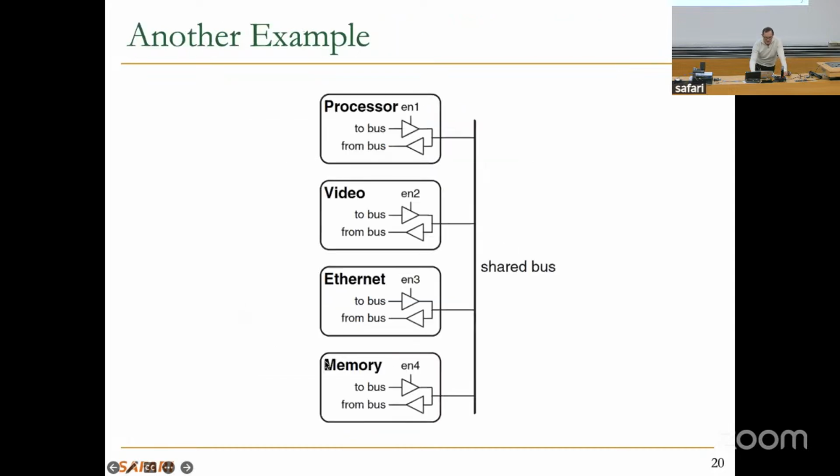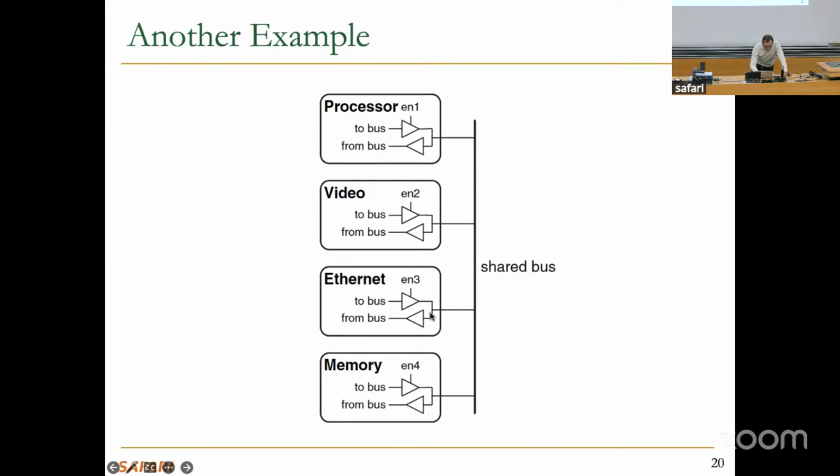Now your book has the bigger picture. For example, in this case, if the processor wants to put a value on the bus, the control logic sets the enable to 1. No other control logic should set these other enables to 1. Only the processor now gets connected to the shared bus, and the value gets gated onto the bus, and this value propagates based on physics principles. And assuming the processor, let's say, wants to write this value to an Ethernet controller to go out of the network,